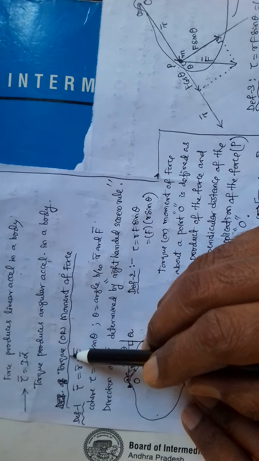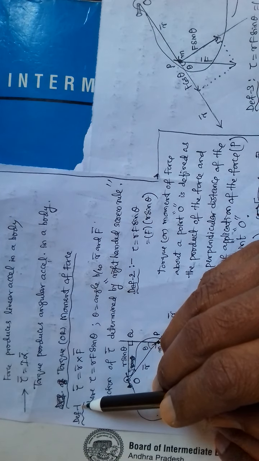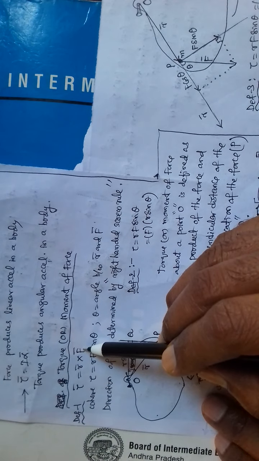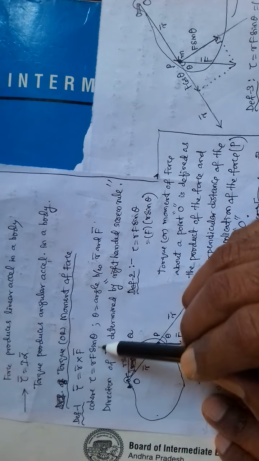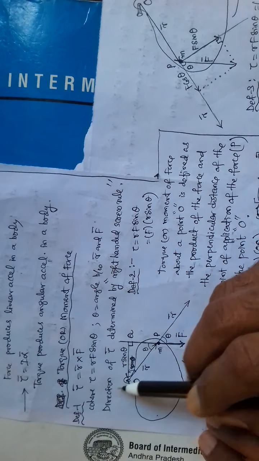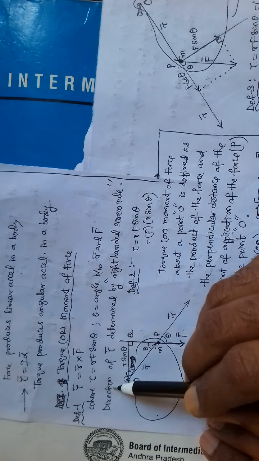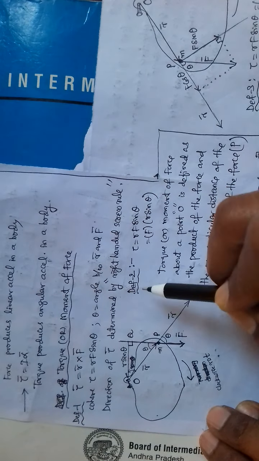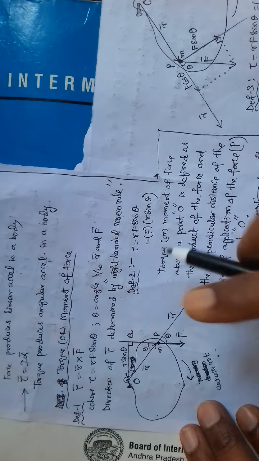Now let us define the torque. Torque is defined as definition 1. Torque is a cross product of position vector and force. So here its magnitude becomes R F sin theta, where theta is the angle between R vector and F vector. Now since this is a vector, you should assign direction. So direction of torque is determined by right-handed screw rule or right-hand rule. Okay. So now this is one definition.